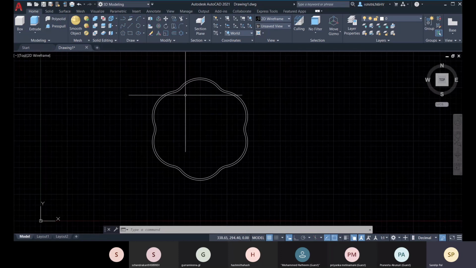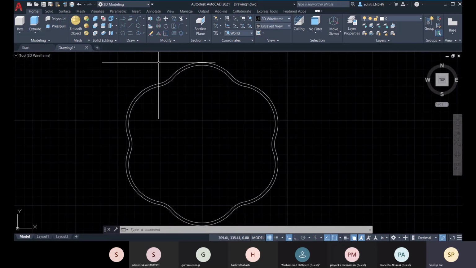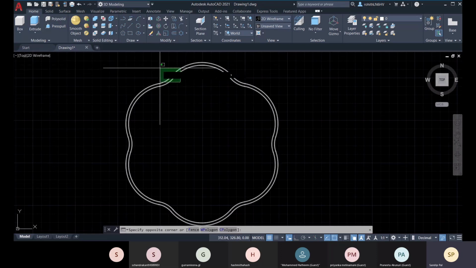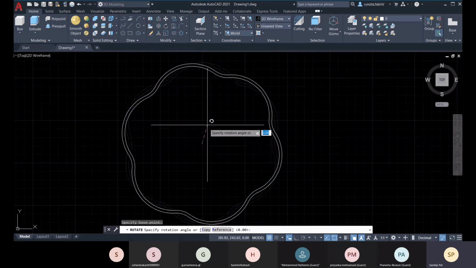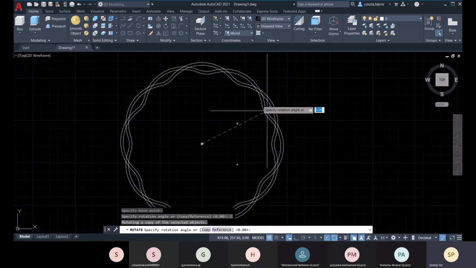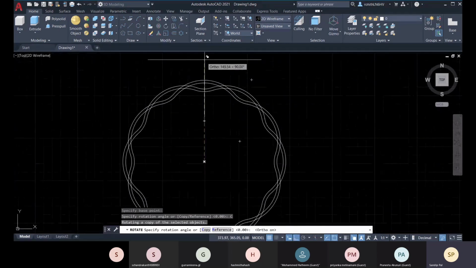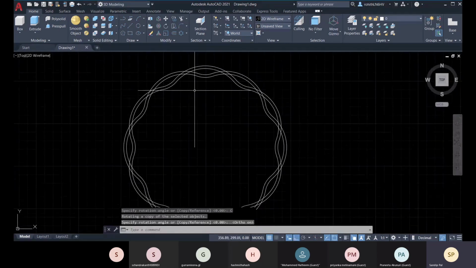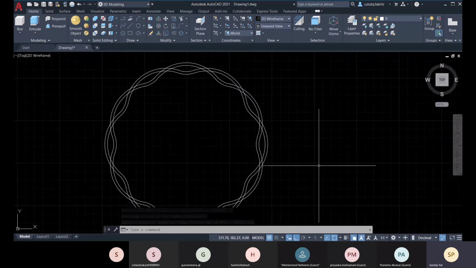So what you do is select them and rotate it first. Go for the copy and then this as a rotation angle.